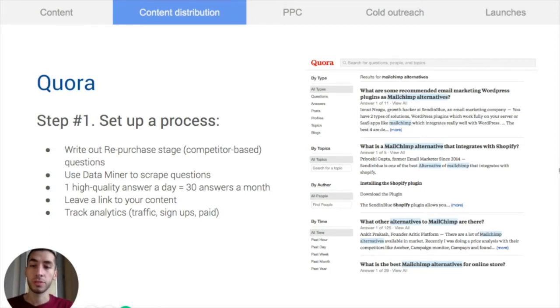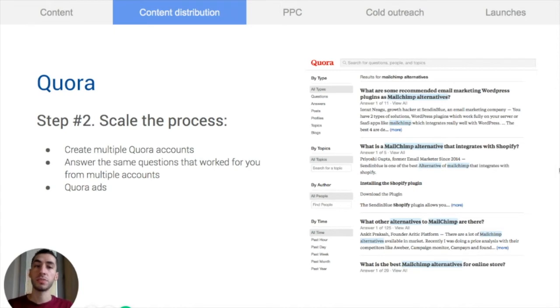So it's really important to track analytics and see which answers give you the best results. Once you get some consistent results on Quora, you can scale the process to get even better results. You can create multiple Quora accounts for your company's marketers or founders to answer these questions. You can answer the same questions that work for you from multiple accounts. So you get some more real estate on the questions that you answer,